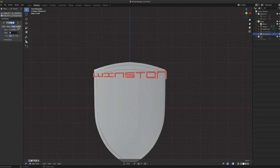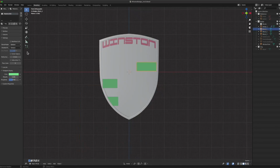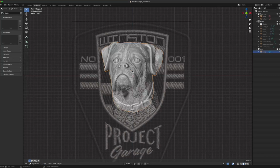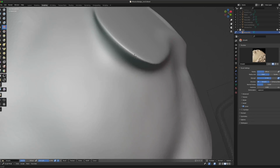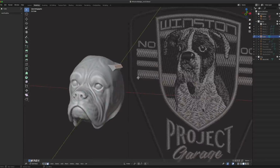Sure. So it was a matter of first taking the STL model produced by the scanning process and making a generalized kind of shield or badge shape through hard edge modeling, which was definitely the easy part. And from that point, I started to sculpt out